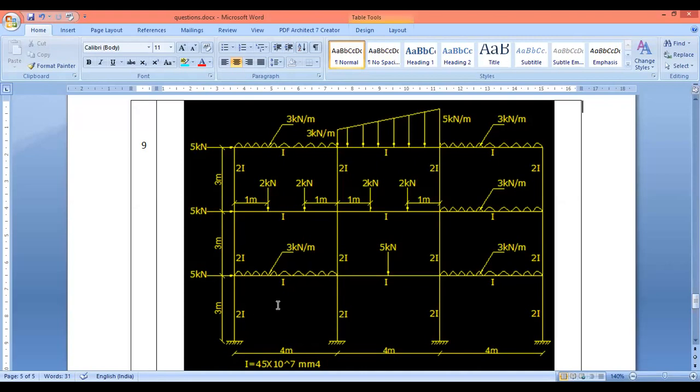Then you can go for the translational repeat and provide two additional floors, because you have 3 meters height and the width is also the same. Therefore, you can use translation repeat. If there is a difference in heights, then you have to go to the copy paste method. For this, since they are the same in height, you can go for the translation repeat.